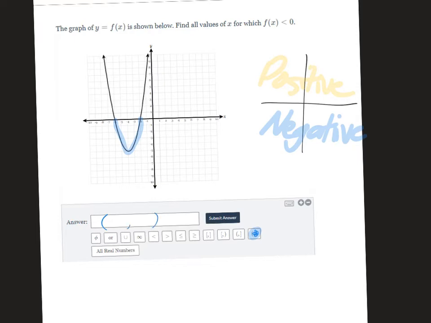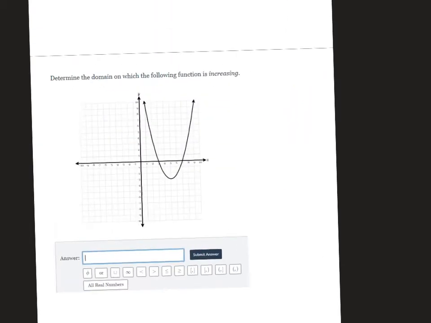Where is the first spot if I went all the way to the left? Well, it looks like it's at -6. Where is it furthest to the right? It's at -2. So if you type that in, that one should work. For the next one,